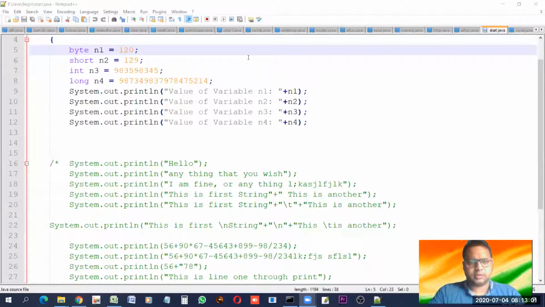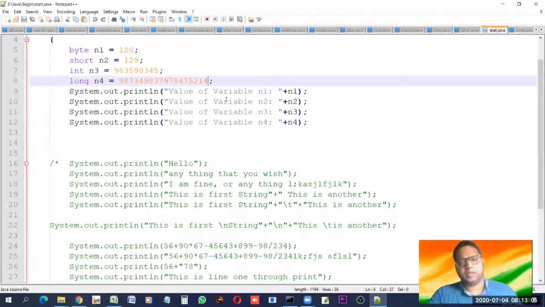Hello students. In our last part, we saw how we can use such a large number. It's always good to put a capital L or a small l at the end, which simply tells that this is a large number, or that it belongs to the long data type.